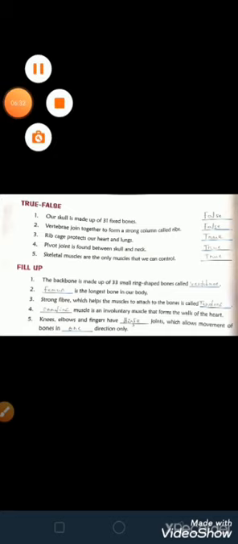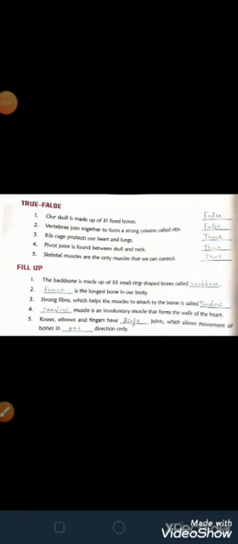So we have done our exercise part. In next class I will give you the question and answers and I will explain you, so that you will understand and learn the complete skeletal system part. Next time you will not feel any difficulty related to it. Okay children, all of you just remember this exercise and write it in your notebook.